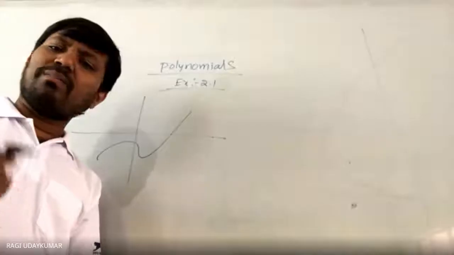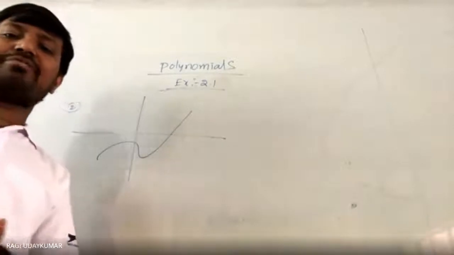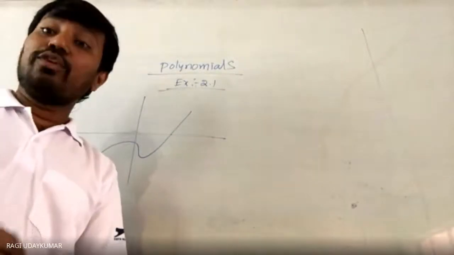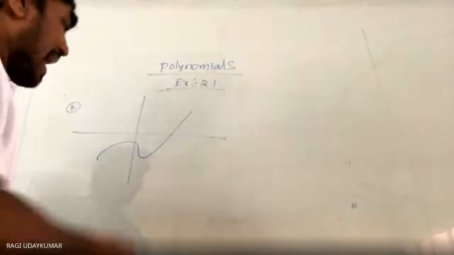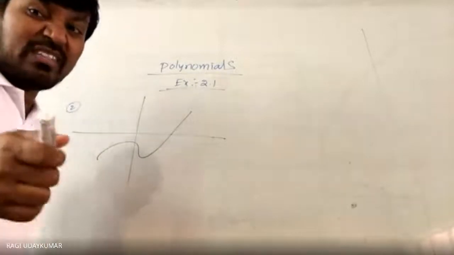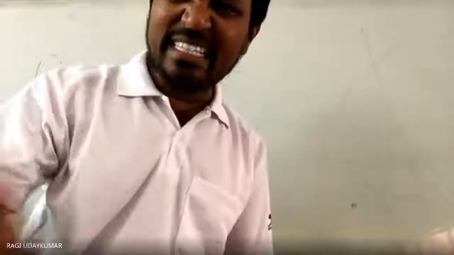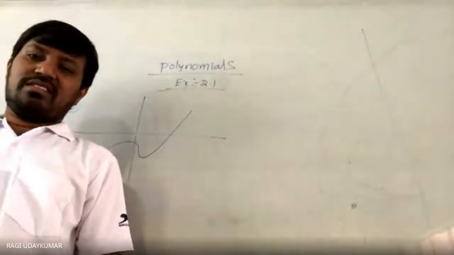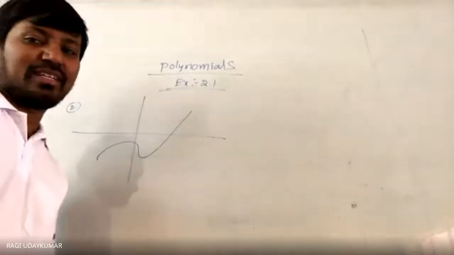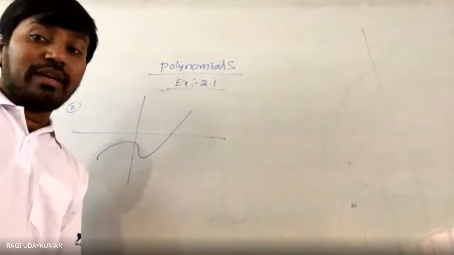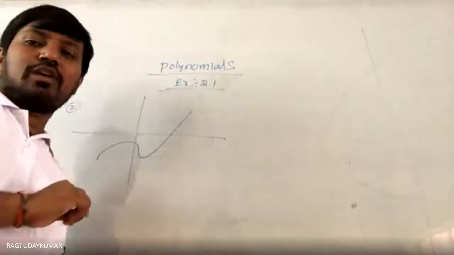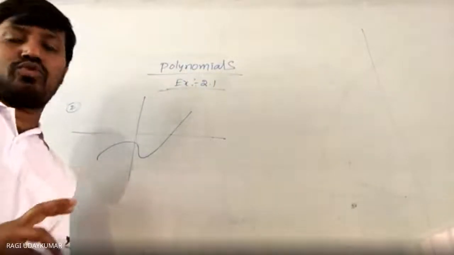In the same way, the number of zeros can easily be seen by observing the graph. Observe it properly: it is going to have only one zero. I already said that if there is one zero, you should not stick to that, it is a linear polynomial. A linear polynomial gives a straight line, but this is not a straight line. Although it is a curve, it is not a quadratic polynomial. Its degree will be more than 2.